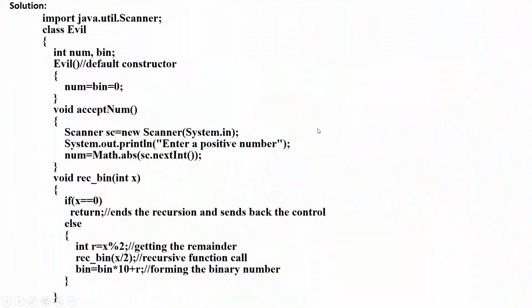So you can see, as we have accept function to take the number from the user, we start with import statement followed by the class and the data member int num, bin. Default constructor Evil is initializing num and bin with 0. Now the student can write together num equal to bin equal to 0 in one line, or student can write in 2 different lines, num equal to 0, bin equal to 0. Both are correct. In the accept function, we are creating an object of the scanner class and taking the number